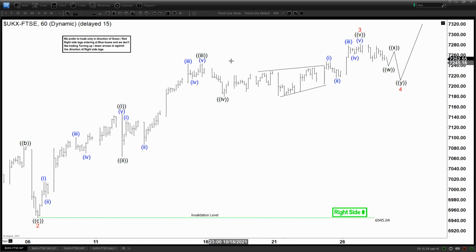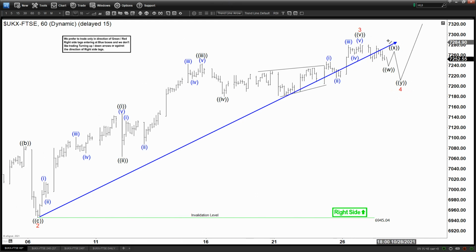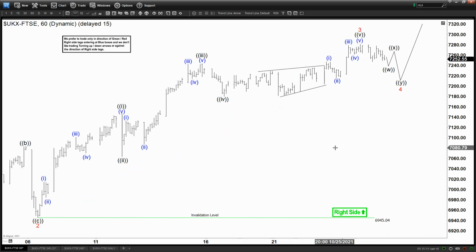So we are labeling this rally now as an impulse. We have ended with 2, and then this peak is a 3, and then you can see in the subdivision here 1, 2, 3, 4, 5, and now it's in progress doing a wave 4 to the downside to correct this rally in wave 3 right here. Okay, so the pullback should be in the sequence of 3, 7, 11 swing. And as long as we stay above 69.45, we should be looking for one more push higher to finish a